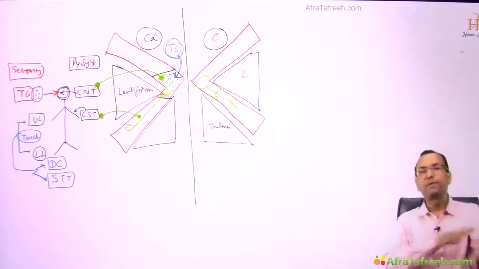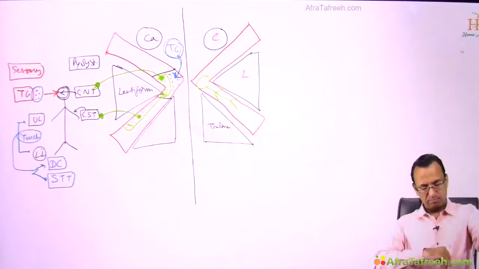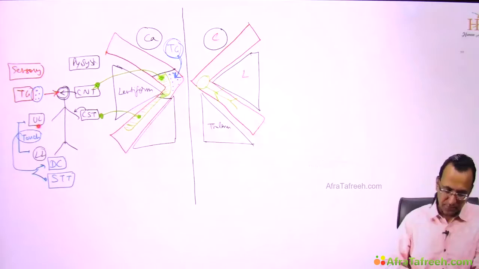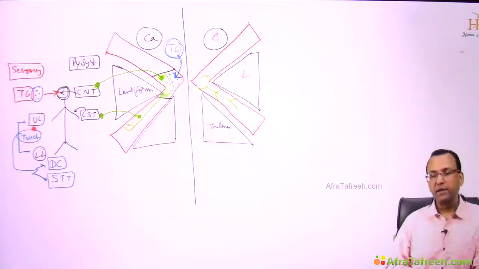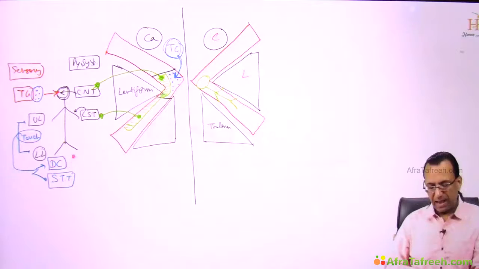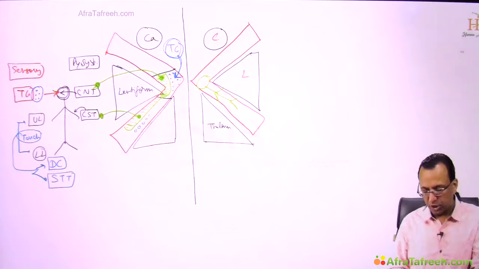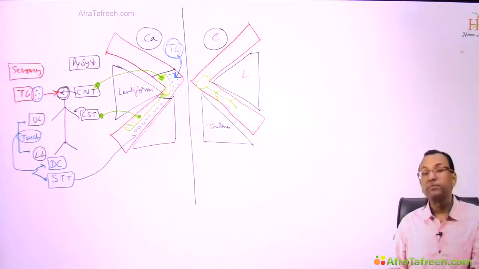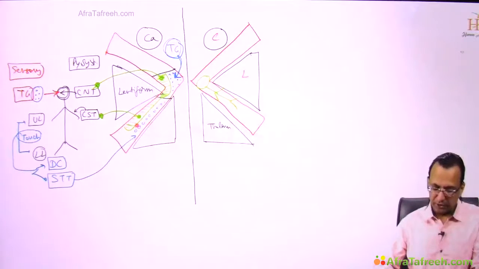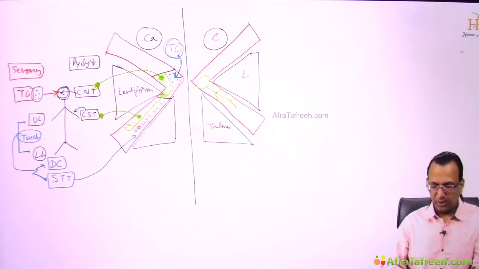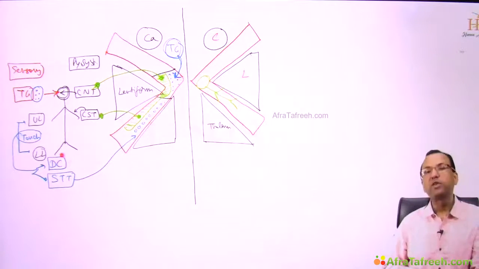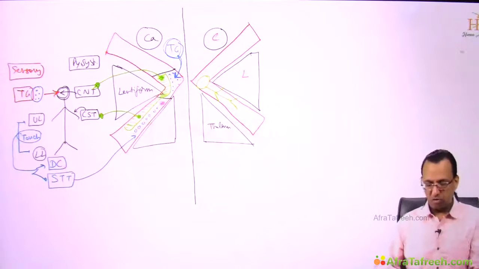So when you touch the upper limb or the lower limb, you will see that two tracts are activated, named the dorsal column of the spinal cord and the spinothalamic tract. Where are the fibers passing? Obviously in the posterior limb of the internal capsule, but more medially. Remember, sensory fibers are more medial. The dorsal column pathway and the spinothalamic tract pathway, which carry touch sensation of the upper limb, lower limb and trunk region, will be running more medially.